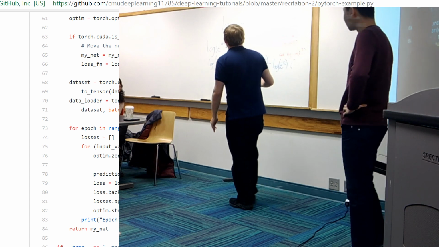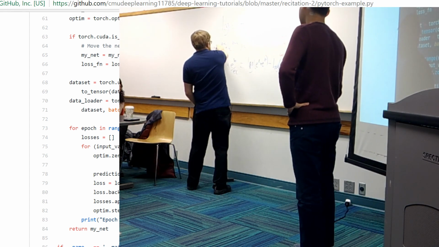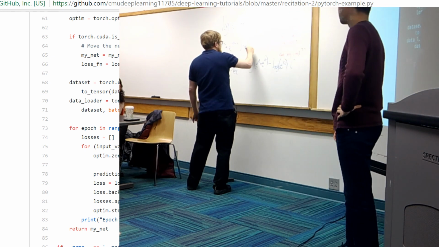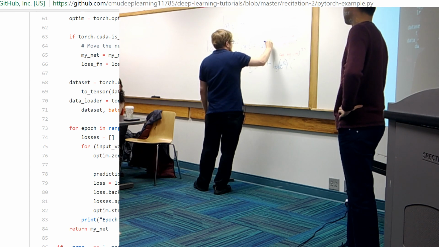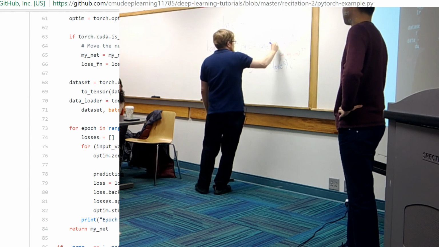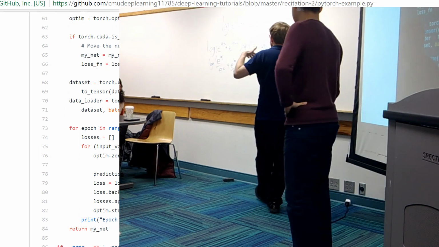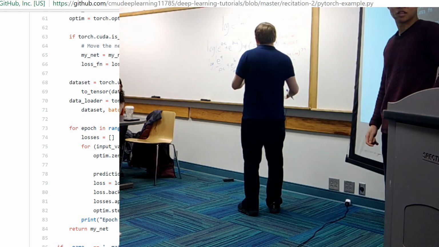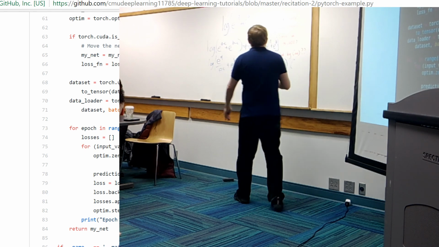So what we have here is log of e^(a-c) plus e^(b-c), plus c, equals log of e^a plus e^b. And that's the logsumexp trick. It seems a little weird, but this comes up in almost every single loss function because you're dealing with probabilities all the time. So log of e^a plus e^b